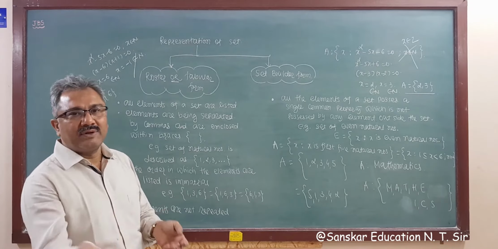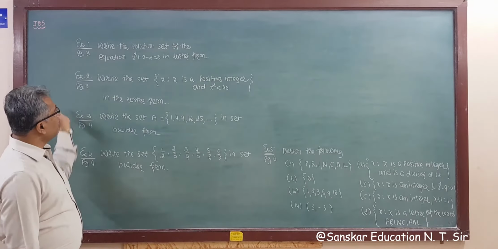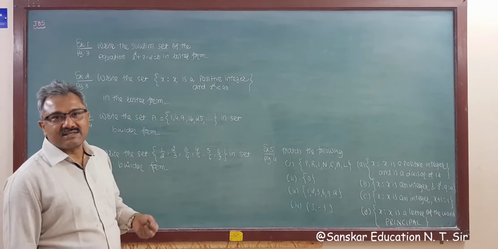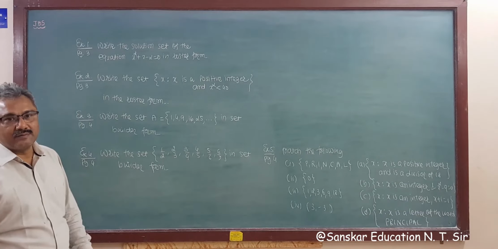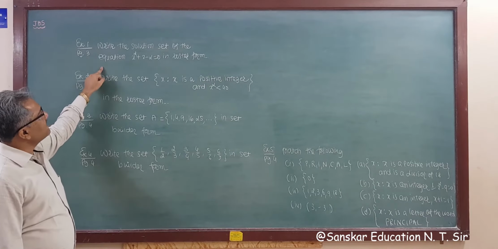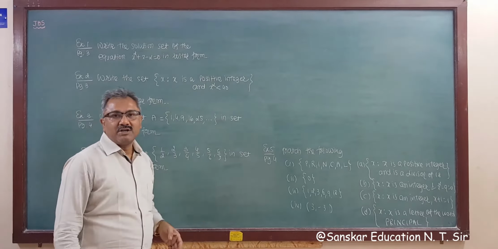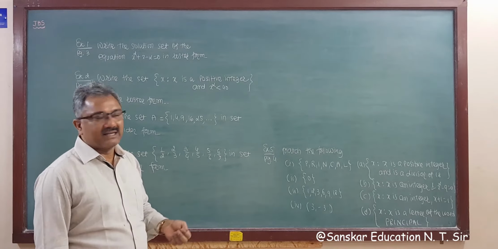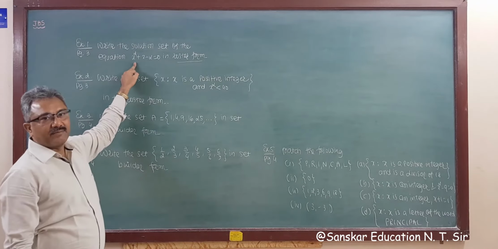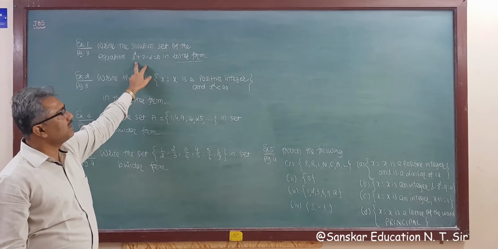So now from the next lecture, we are going to start a new topic. Okay, so now we can proceed further with examples. So now a few very easy examples. This is a revision for you. Example number 1, page 3. Write the solution set of the equation x square plus x minus 2 equal to 0 in roster form. This is not exactly a set builder form; an equation is given and we have to express this in roster form.